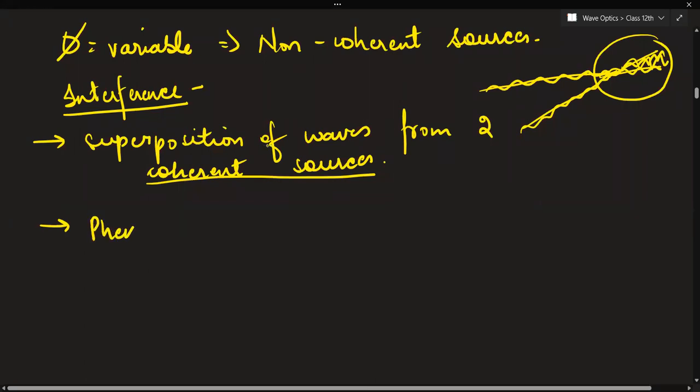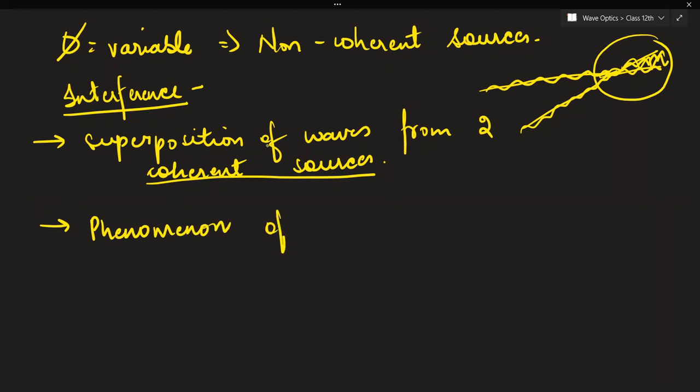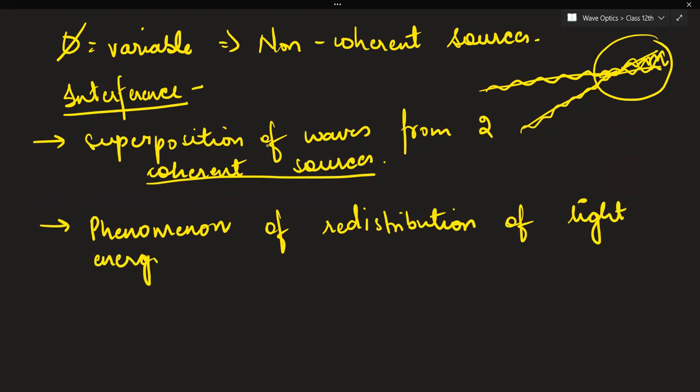So basically, interference is the phenomenon of redistribution of light energy. Light energy will redistribute, meaning the particles will arrange themselves. Why will they arrange themselves? They'll arrange themselves due to superposition